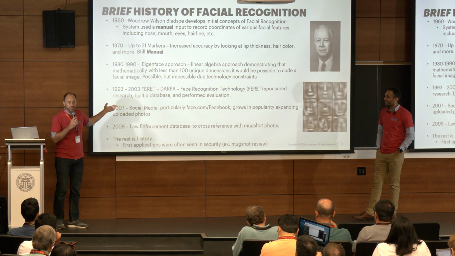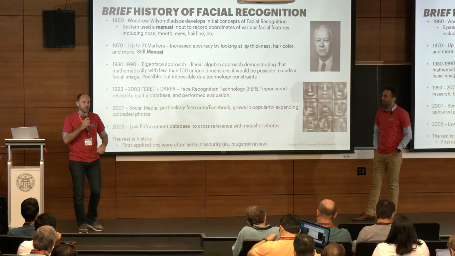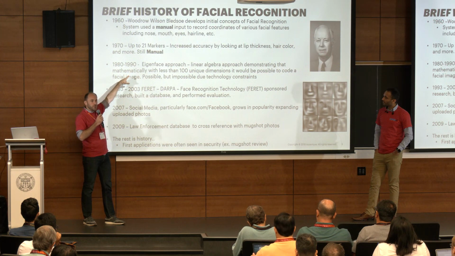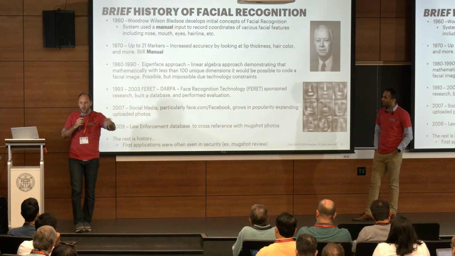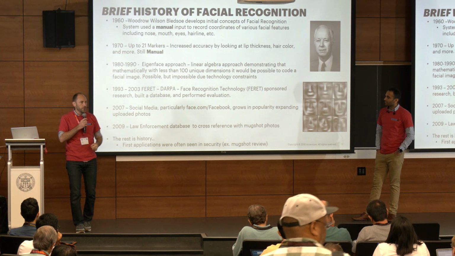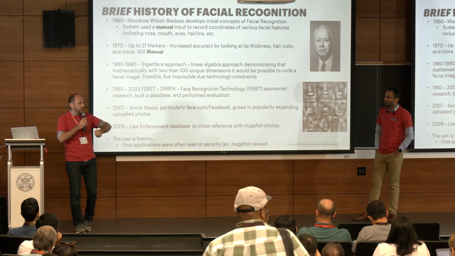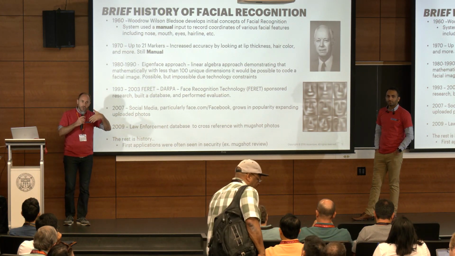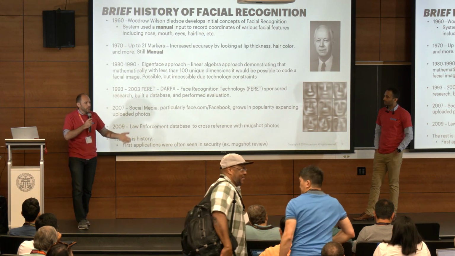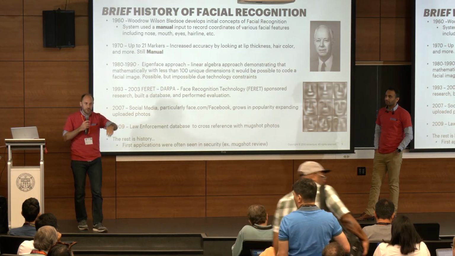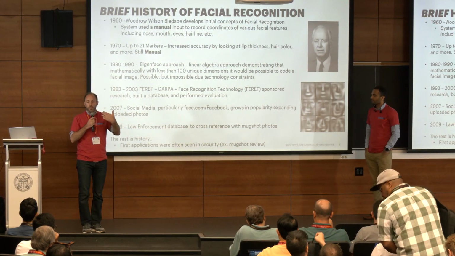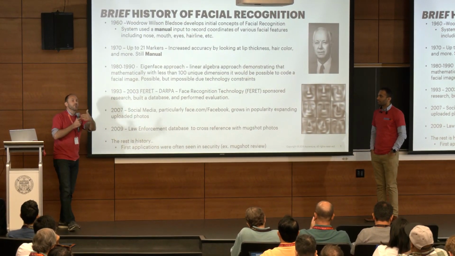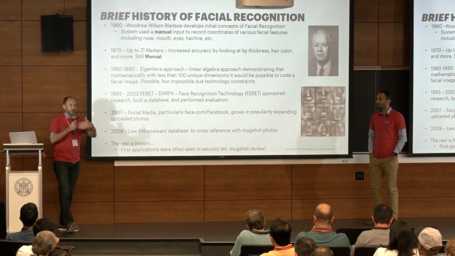DARPA took a bunch of money effectively and ran a program for a decade and said, we want to advance this. We have some good math, we have some good approaches, but what can we do now to really advance that? And so they gave out grants and contracts to companies, and they really accelerated this field to bring in more ideas. At the same time, Moore's law was coming into effect where CPUs were increasing quite rapidly. We had quarterly improvements. The technology around this whole space was getting bigger and bigger.